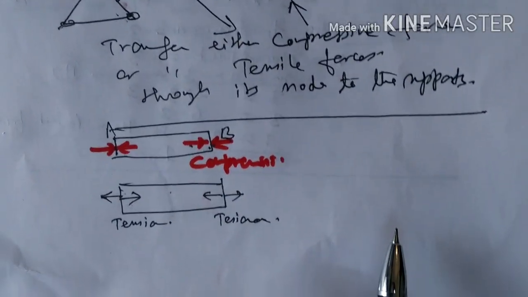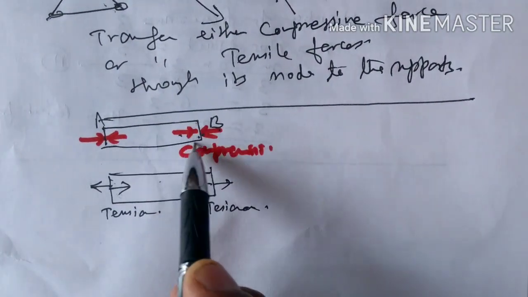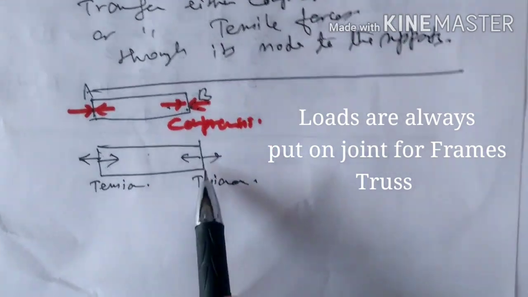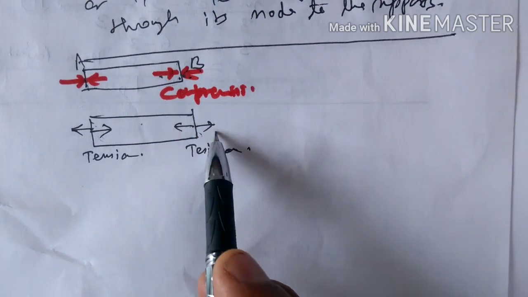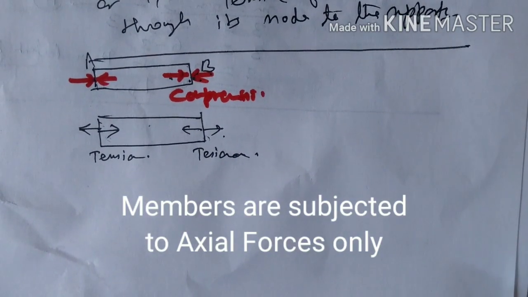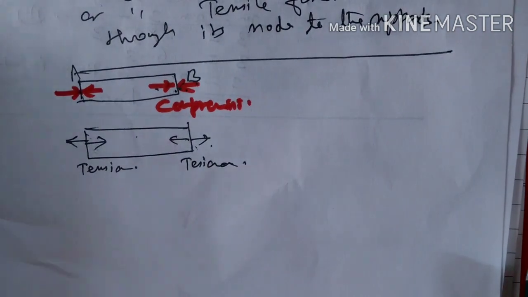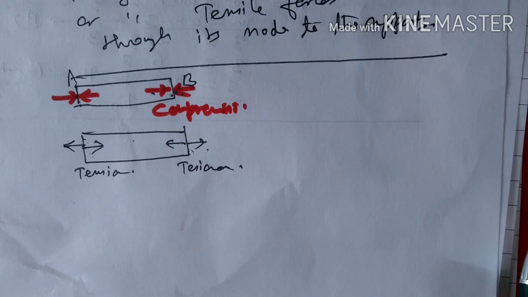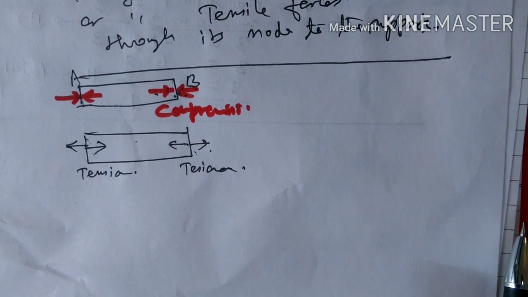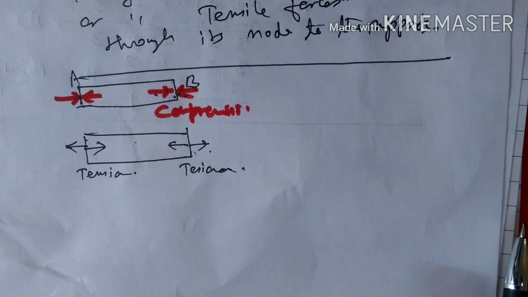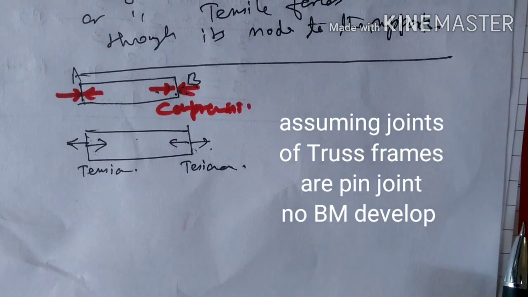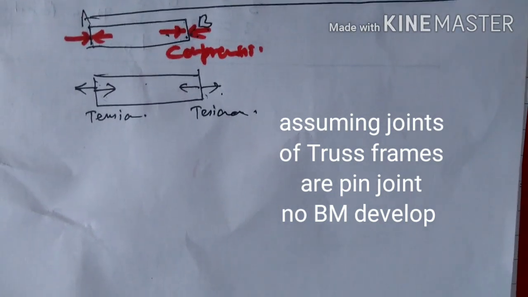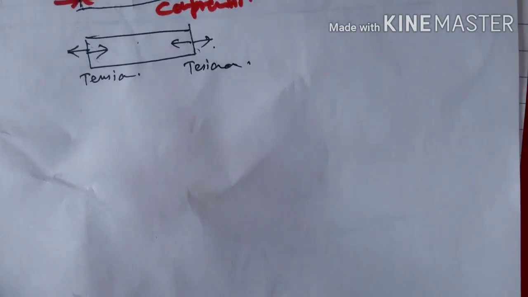Here is the example. See how the forces are developed. Suppose AB is a member, so compressive force is developing in one and the other is tensile. Please remember that no bending moment is allowed through the pin joint. It is the situation where only axial force, tensile or compressive, is transferred to the supports. Let us take a quick look at how to tell whether a truss is a statically indeterminate or determinate structure.